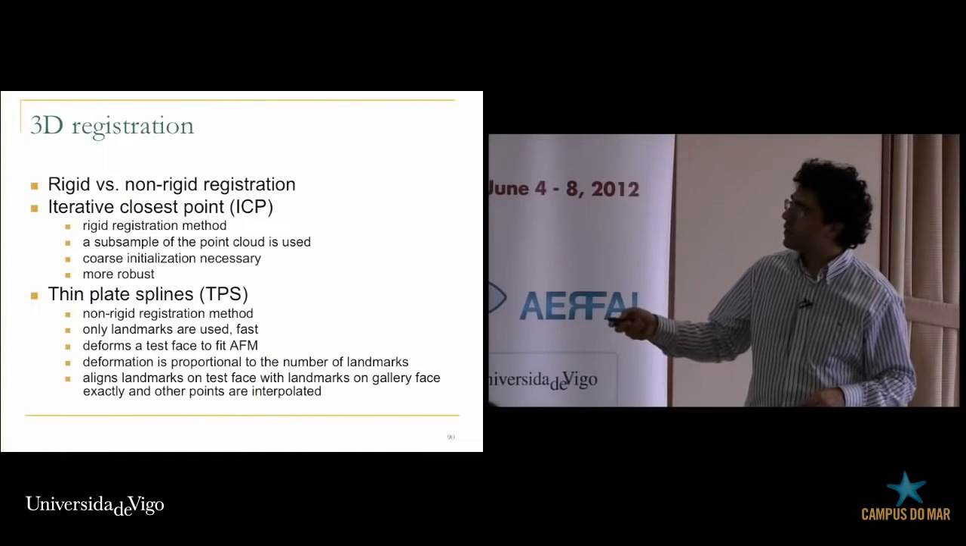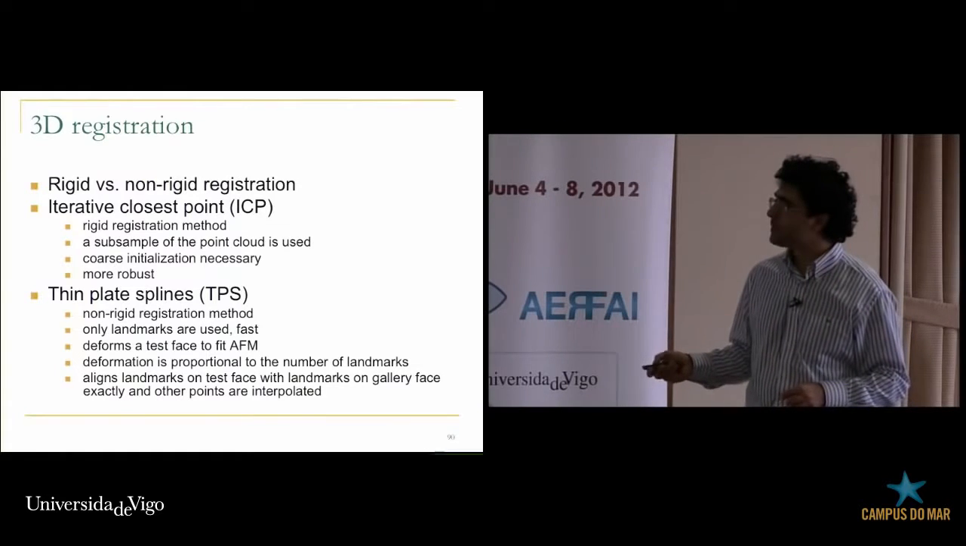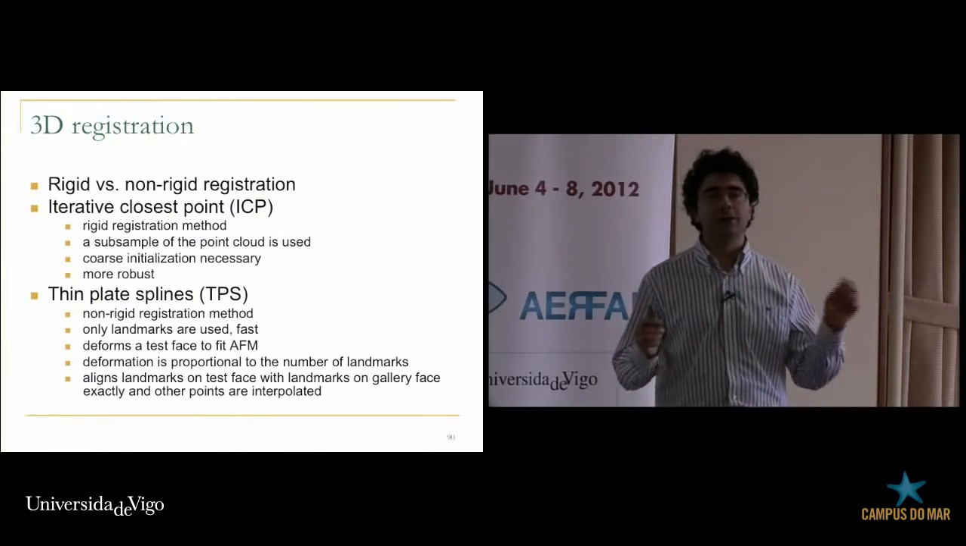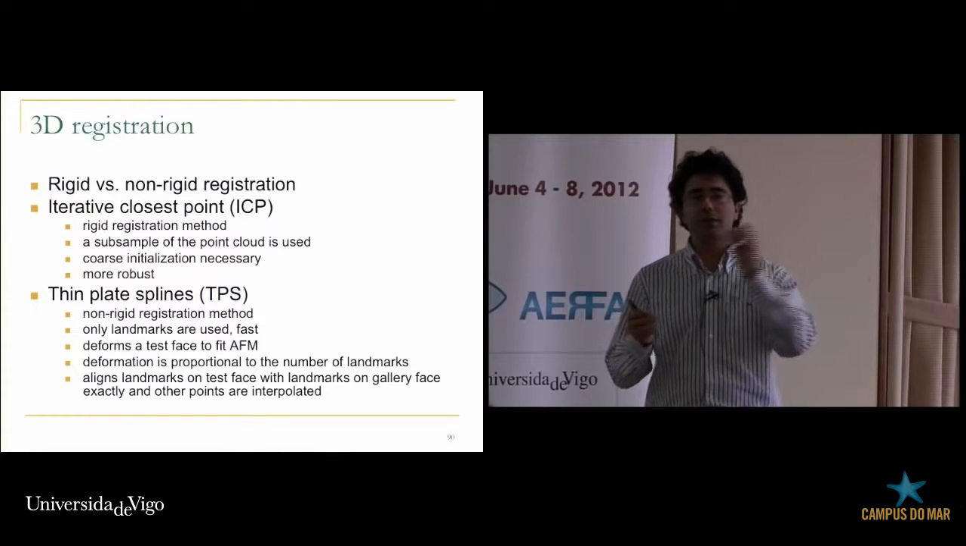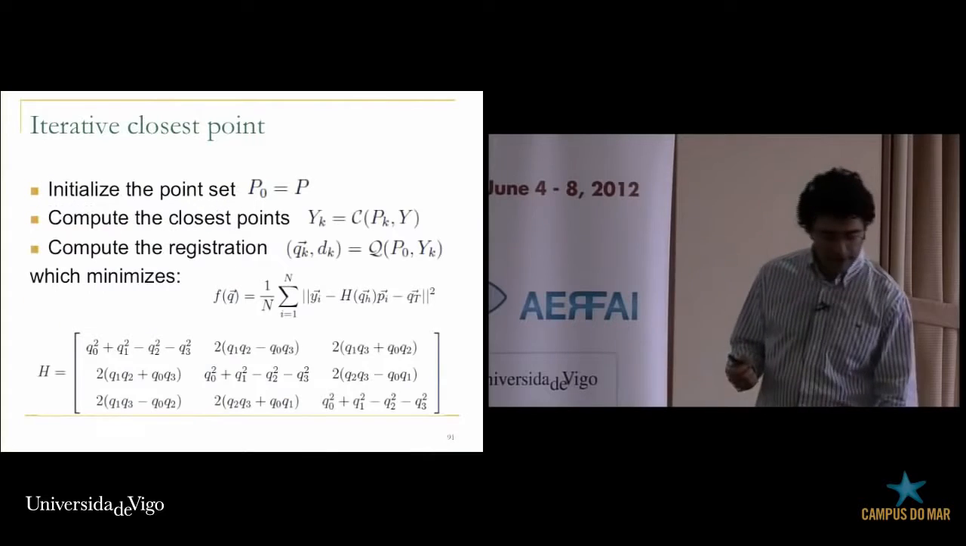First, let me talk about the thin plate splines, which is the non-rigid version, a non-rigid registration. What this one uses is only the landmarks. So it actually transforms the landmarks to their homologues and then deforms the rest. Now,